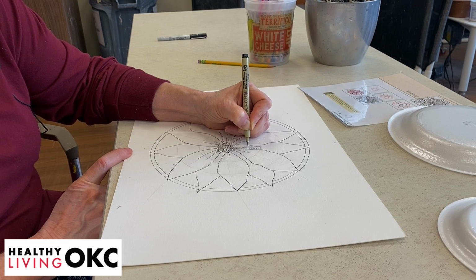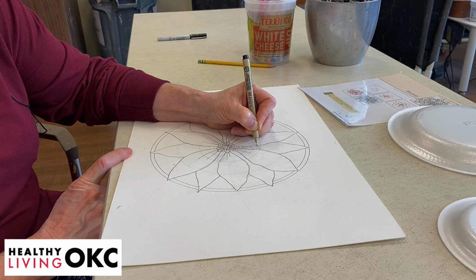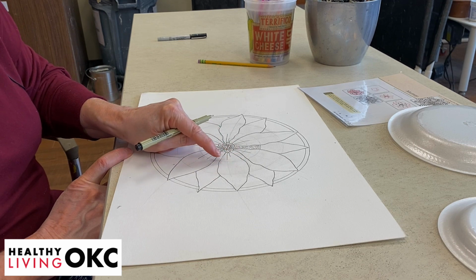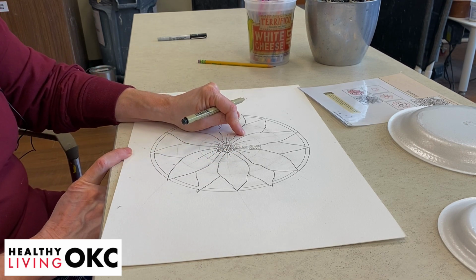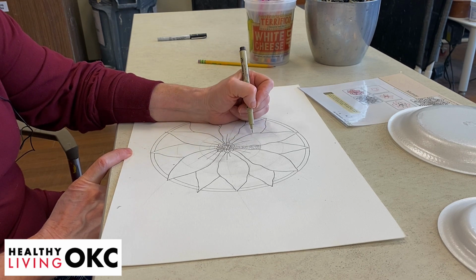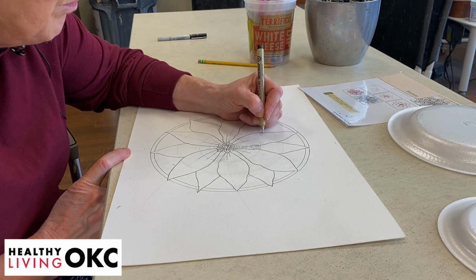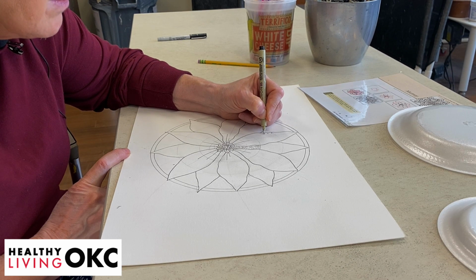Now, because it is a mandala, we're going to do the same thing all the way around. So if we do it on this petal, then we're going to do that same pattern on this one that's going behind here, here, here, here, and here. All right, on another petal, maybe you're going to take this section right here, in between the 2 lines, and you're going to do the scroll. So you might say, all right, I'm going to do the scroll between these two lines. So I'm going to put my dots